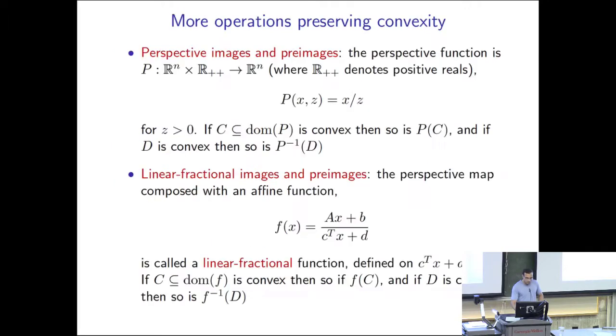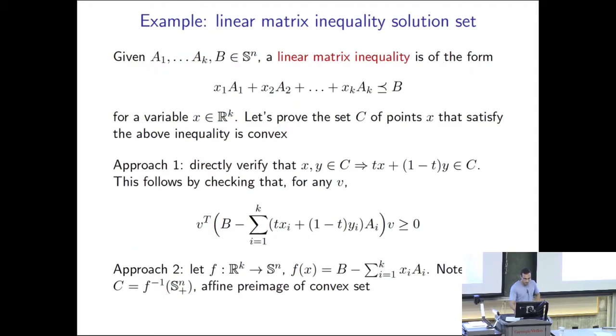So as an example, a couple examples before we go to the break. It's like an inequality, but actually involving matrices. We call it a linear matrix inequality. So if you give me any matrices, A1 through AK and B, each of which is symmetric and n by n, we say that a set of this form, the set of all x such that